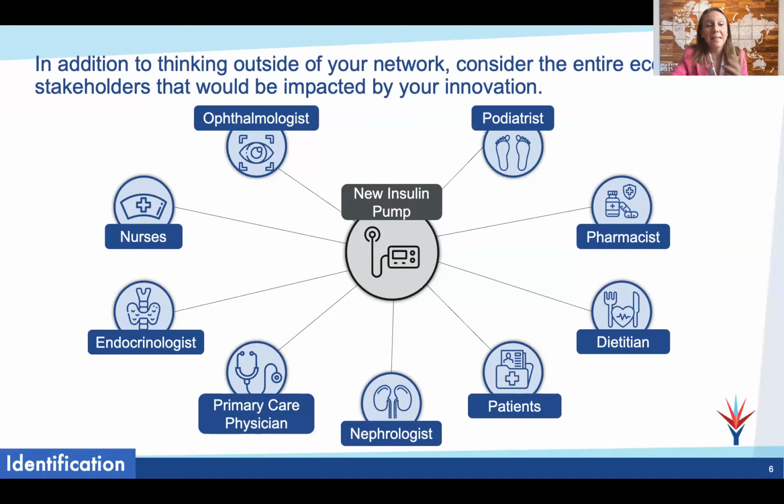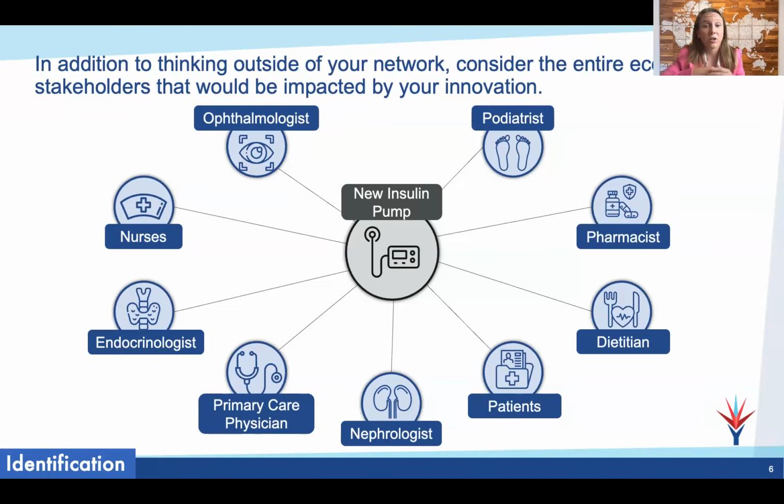Wonderful. So in tandem with considering different perspectives and types of stakeholders beyond your direct network, it's really important to consider speaking with different types of stakeholders in the entire ecosystem of those who could be potentially impacted by your innovation. So on this slide here, you can see we drew out an example for you. And this is around if there was a new insulin pump under development. You wouldn't want to just speak with the patients and the primary care physicians that this new insulin pump would impact. You'd also want to go out and speak with other stakeholders that could potentially be impacted by this